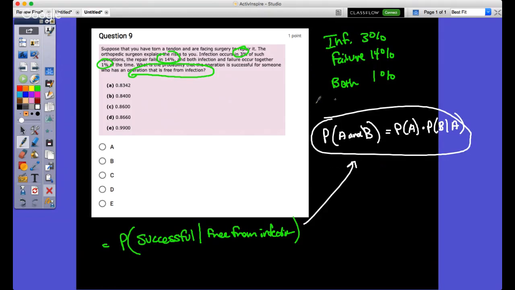Can I connect this to the problem up here? I think I actually can. I'm trying to find this, so let me get it by itself. If I divide by the probability of A,